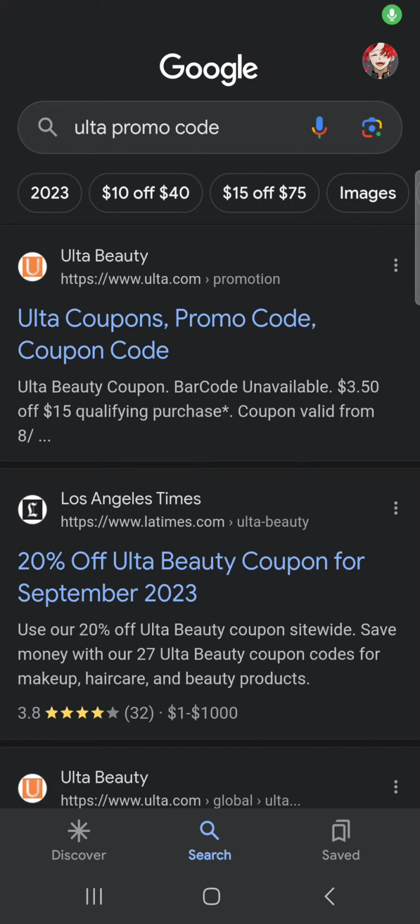In this tutorial, I'll be guiding you guys on how to get Ulta promo code. So let's get started. Ulta is a beauty brand and you might be wondering how you can get a discount. Well, first of all, you're gonna head over to your web browser and then you're gonna search up